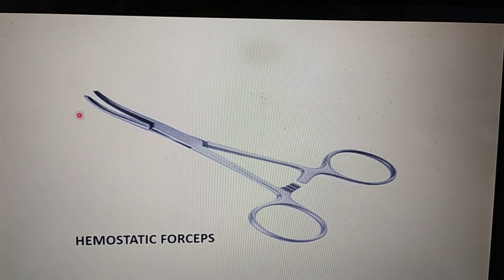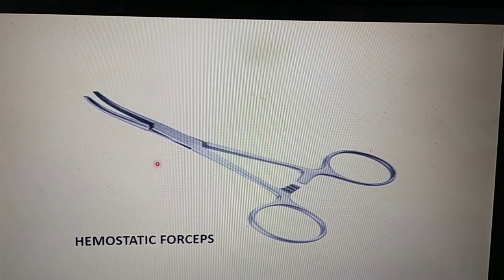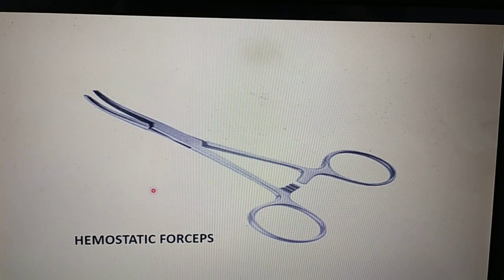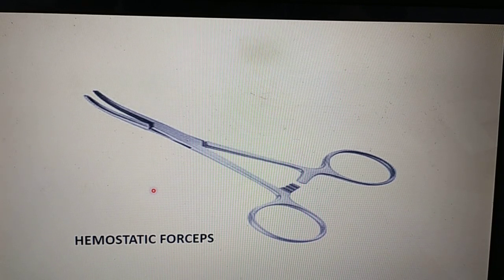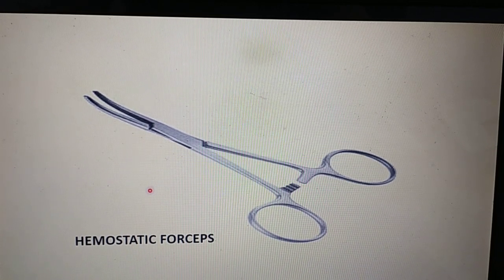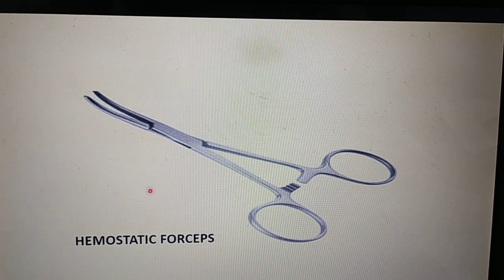Uses of hemostatic forceps, or artery forceps, are: it is used during all operations to hold the bleeding vessel while cutting through the different layers of tissues, while making the abdominal incision, and during closure of the incision. This instrument is used to hold the cut margin of rectus sheath, linea alba, external oblique aponeurosis, and the surgical peritoneum.